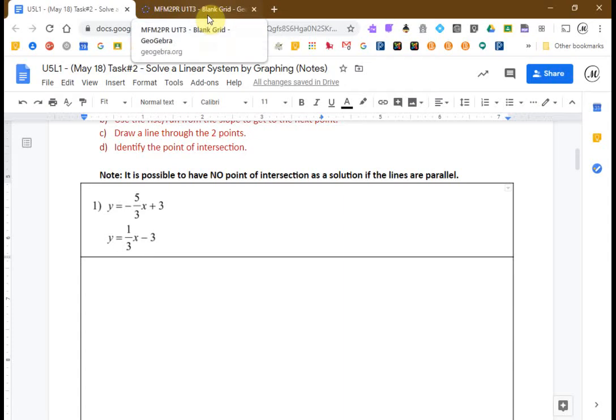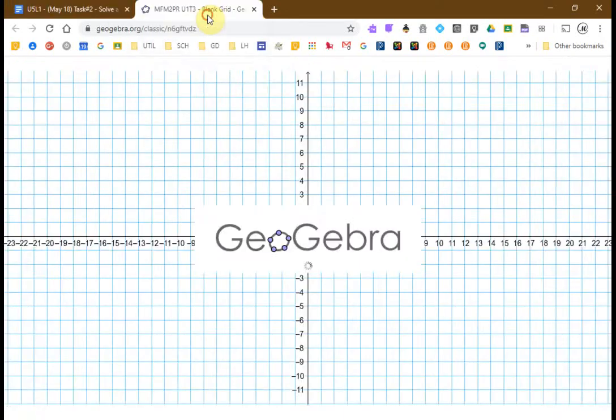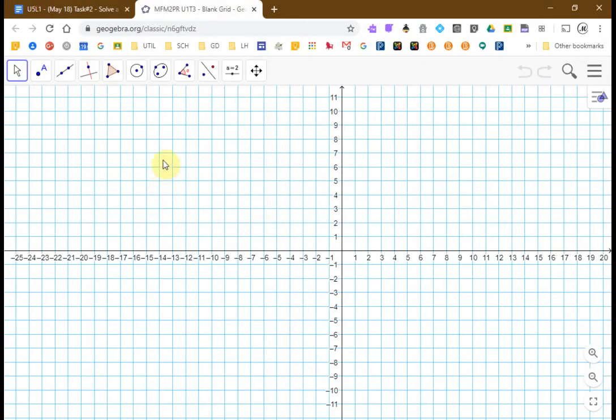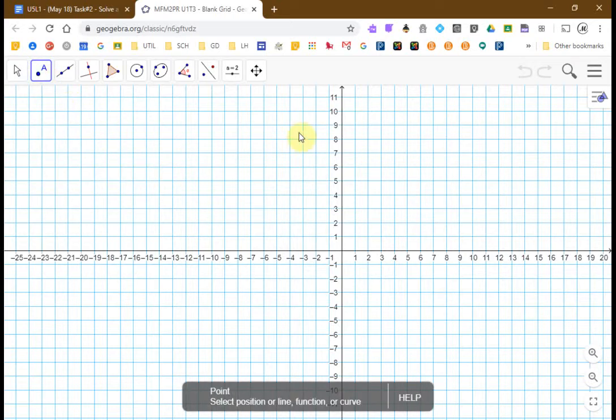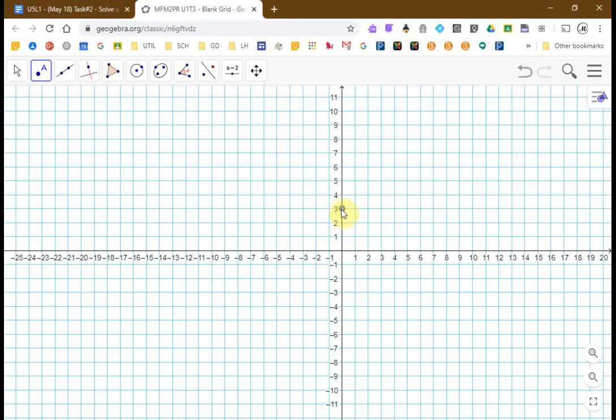Let's go there now, and we'll put the y-intercept on, which is 3. So to put the y-intercept on, you need a point. So you use this point tool. The y-intercept was 3, so I will put a point at 3. So there's my first point. Now I need the